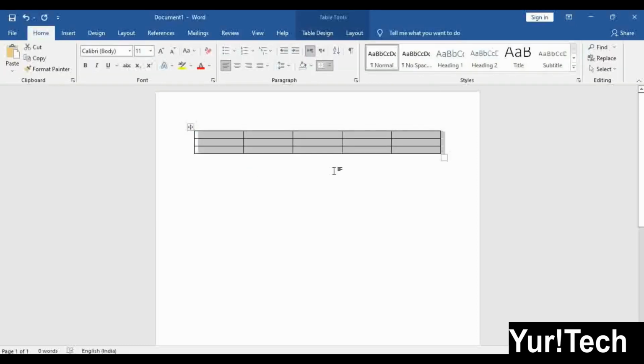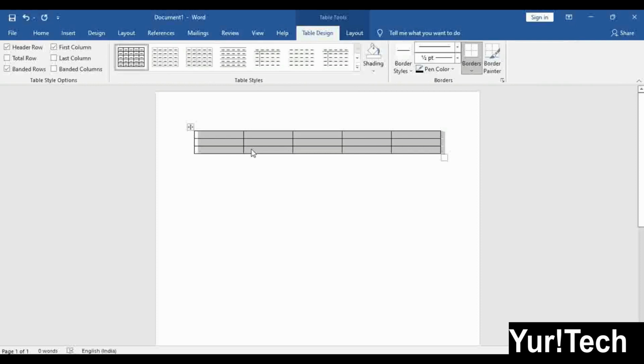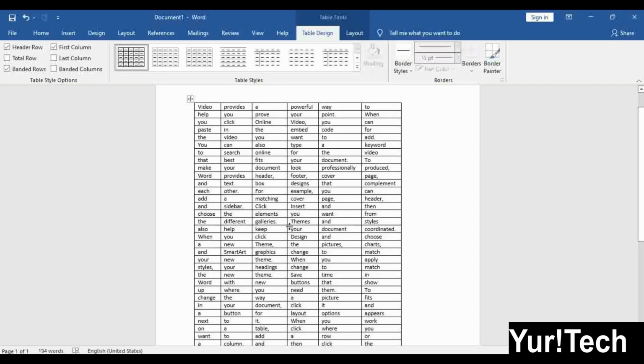Okay guys, when you take any table, next comes inserting data. When you have inserted data, or filled the cells with words, then next comes table design: how to design your table. So for that I will insert some words in the table, and after that I will talk about table design. Here I will pause the video. Okay guys, I have taken some words in my table.